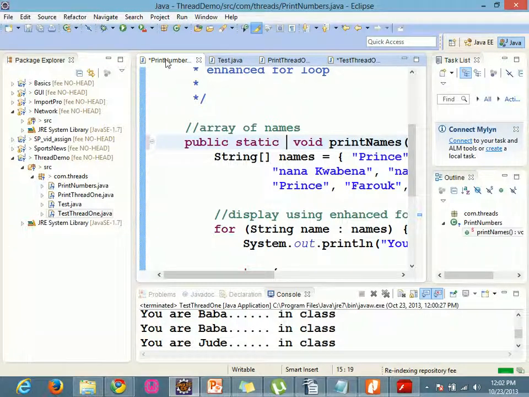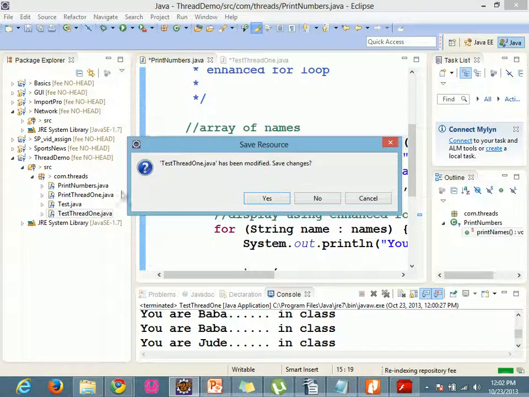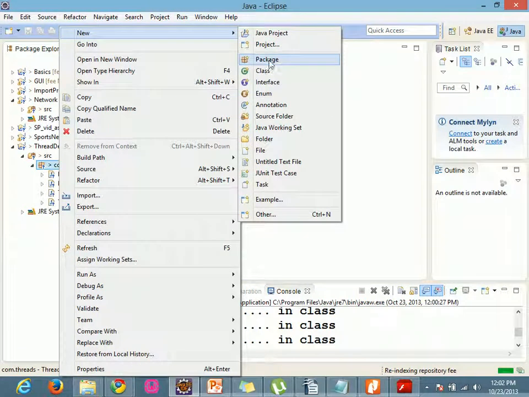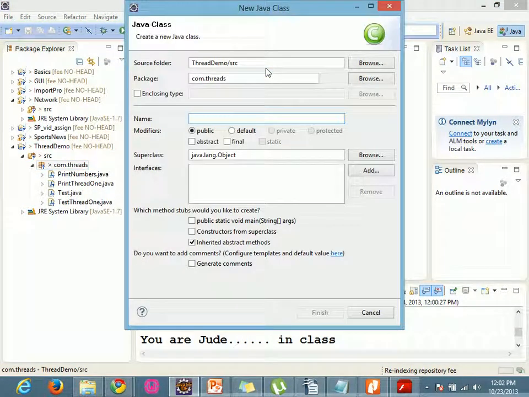So let's try the synchronization. I'll come back to the same code. So that one too, I'll create a normal thread class, sync thread,